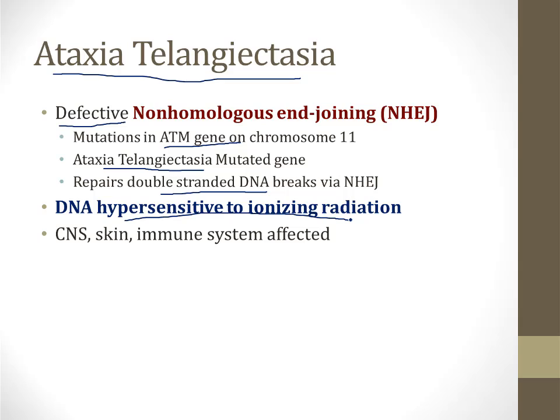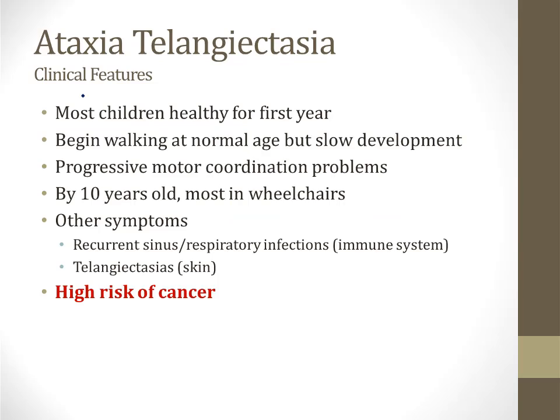As a result, they accumulate DNA damage in their central nervous system, their skin, and their immune system. I discussed the clinical features of this disorder in detail in the neurology video on the cerebellum, but I'll briefly review them here. Most children with ataxia telangiectasia are healthy for their first year or so of life. They begin walking at a normal age, but then they are slow to develop. They develop progressive motor coordination problems, that's why it's called ataxia,